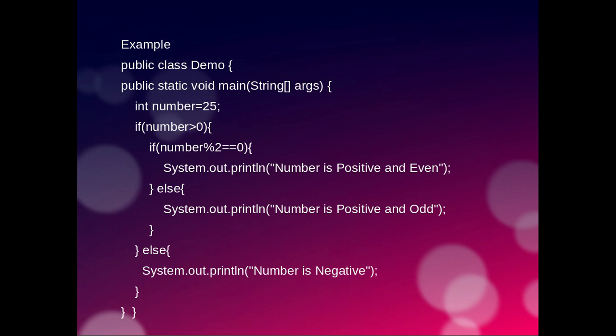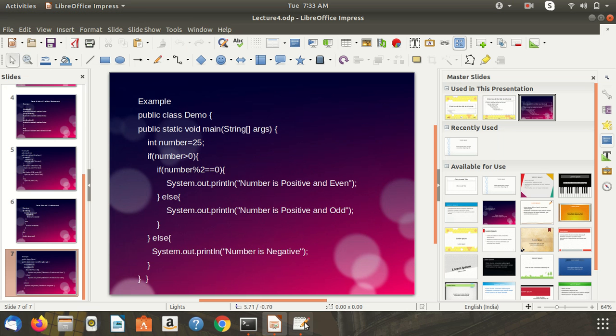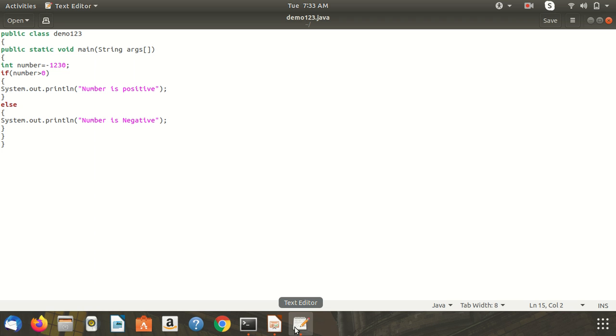Let's start with the execution. So here we execute the program, public class demo123, with the main method, and we define here the number equal to -1230, and we check whether the number is a positive number or negative number. If the number is greater than 0, then it will print the number is positive, else it will execute the number is negative. So save this program and compile